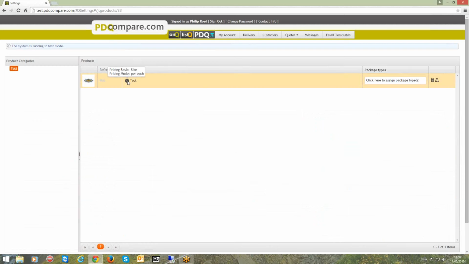We can highlight over the little info there. We can see that the pricing basis is size, and we've got a pricing mode of per each. It could be per 1,000. And just going back to our